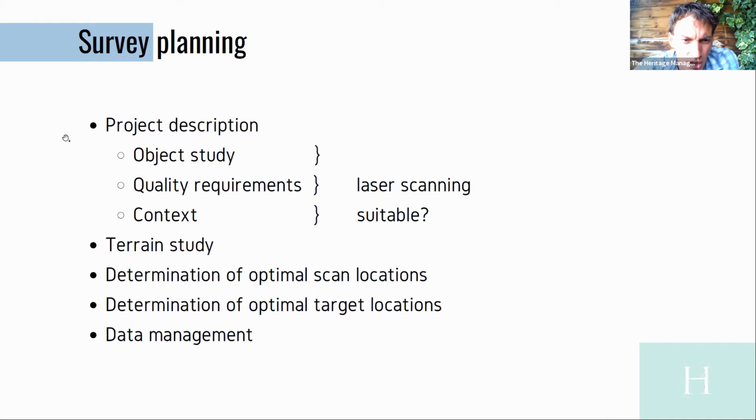So what will be modeled? What is the study object? What are the quality requirements? As a land surveyor, especially at the beginning when I started working with my colleagues from the arts department, they said, okay, we have a piece of pottery and we want to have it measured in the map of the archaeological site with sub-millimeter accuracy. Where was it found? Yeah, somewhere over there. So there you have a discrepancy between precision and accuracy, and you have to find an equilibrium between quality, precision,